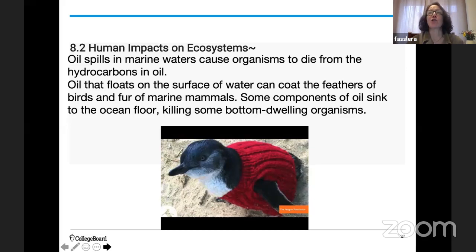So depending on how I transport that oil, I can transport it in a pipeline, overland. I can transport that oil under the ground in a pipeline. I can transport that oil in an oil tanker. So I can load that oil up from an offshore platform, load it onto a tanker and transport that oil via a tanker. They hold a lot of oil. We transport an amazing amount of oil, millions of barrels a day used just in the United States alone. And there are many potentials for that oil spill to happen.